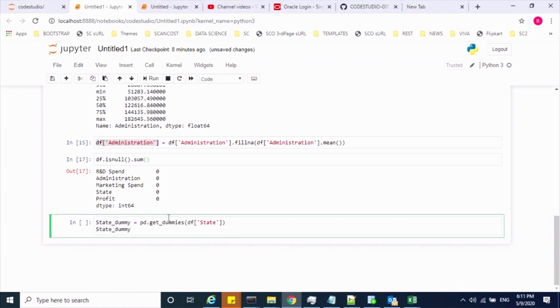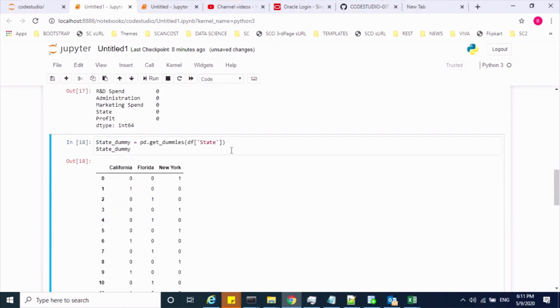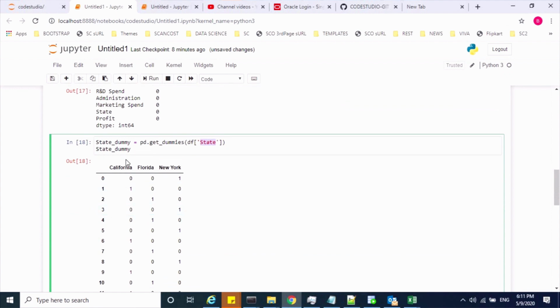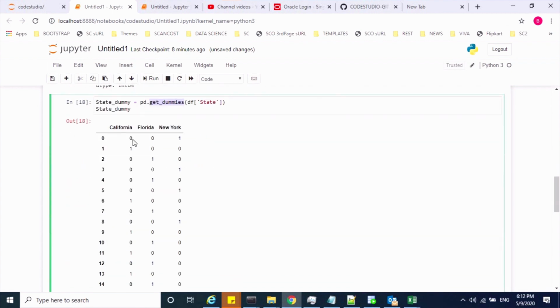Let me run this command, get_dummies. Once I apply get_dummies on this state column, we have around 3 states: California, Florida and New York. Whatever the categorical values, that many columns will get created using this method called get_dummies. In my data set we have 3 values, California, Florida and New York, so that's why it has created 3 columns for those values.